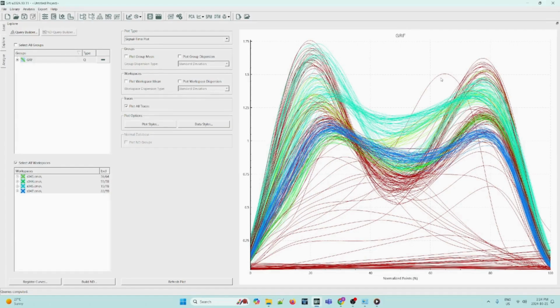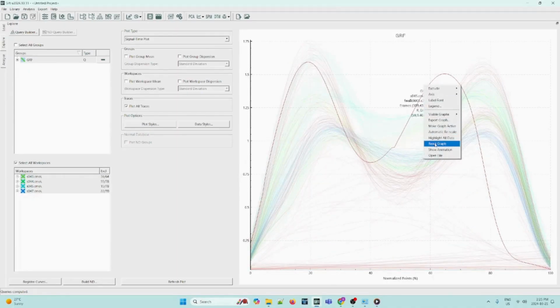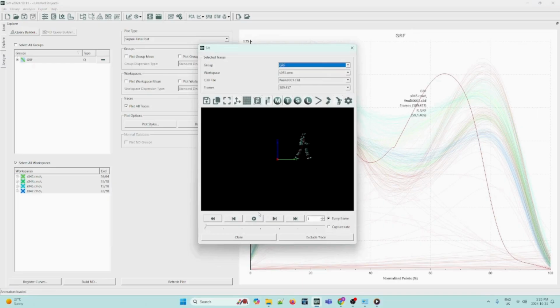At times, we may want to examine a trace more closely before deciding to exclude it. We can select the traces of interest and right-click to open the pop-up menu to click Show Animation. So, for this trace, the first one we've excluded, we can click on it, right-click on it, and then Show Animation. Now we can watch this animation to see exactly what is going wrong with this trace and why we wish to exclude it. Once you have made all of the desired exclusions, the original data is ready to be updated.